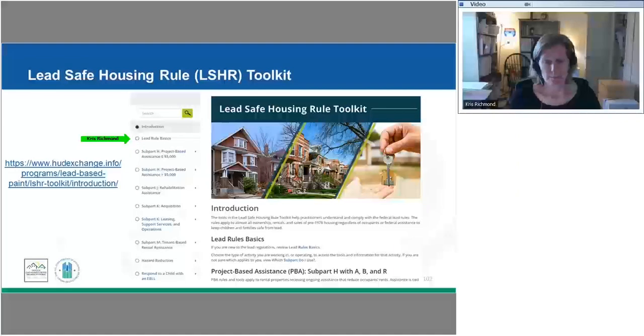Yeah, okay. And then we've just gotten a question in about abatement activities. We talked about the fact that with abatement activities, we're not necessarily removing all of the lead paint. We could be doing some kind of encapsulation, but it has to have a 20-year lifespan. So there was a question about, are there required steps that the PHA needs to take at the end of that 20-year period? So if it was done in 2003, is there anything that must happen that year besides